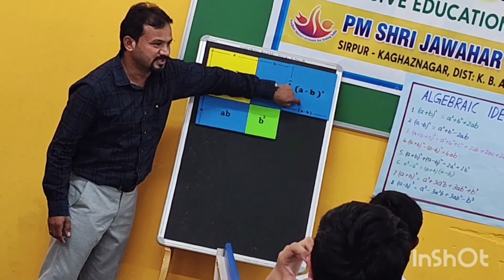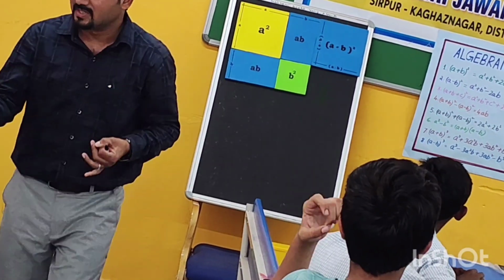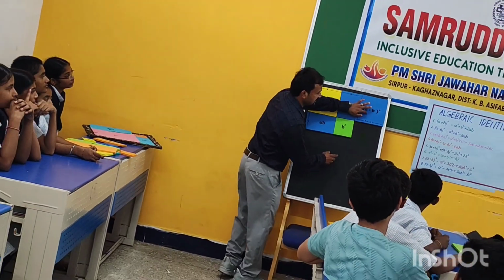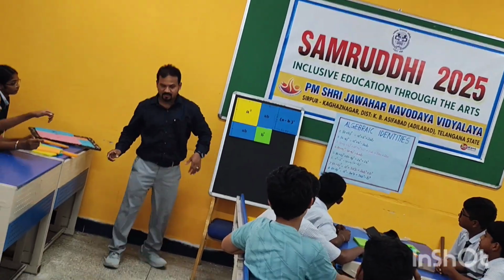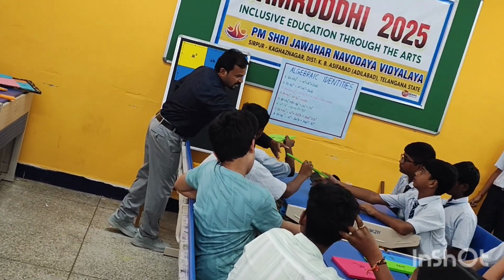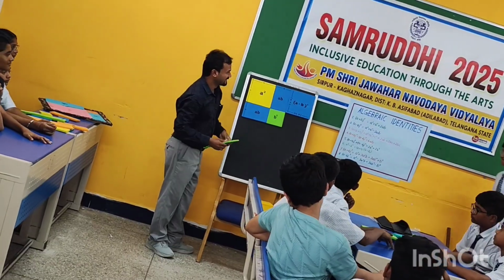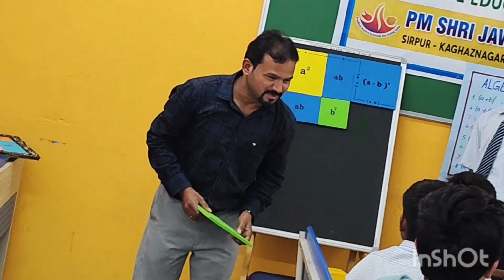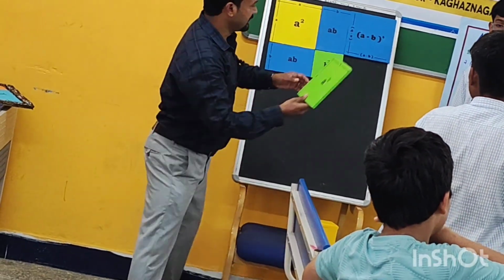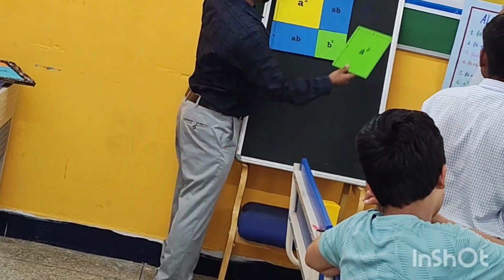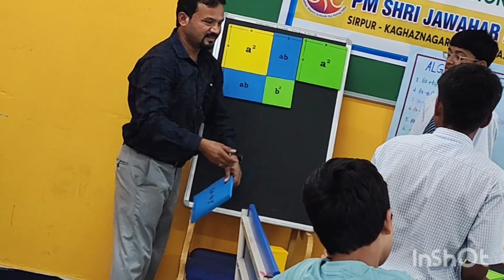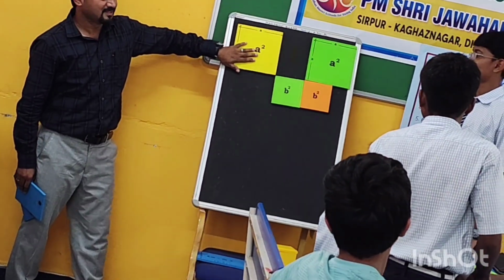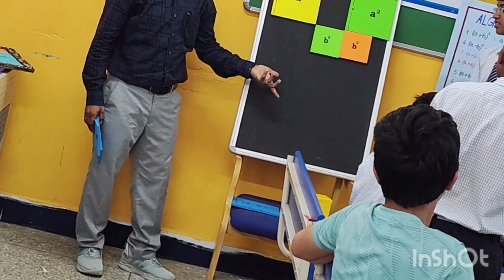But instead of A minus B whole square, we can take A minus B whole square means what? A square plus B square. Instead of this, what we can take? We can take A square. I mean to say, come here. This is A minus B whole square. For A minus B whole square, what we can take? Tell me. A square plus B square. So we take A square instead of this. Okay? Then we are left with A square. 2A square.